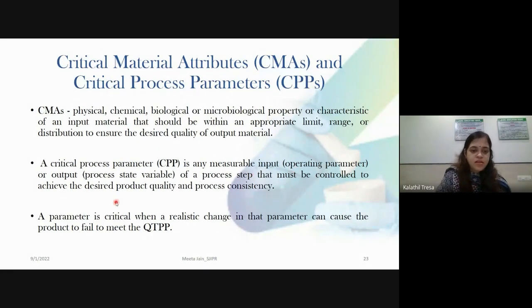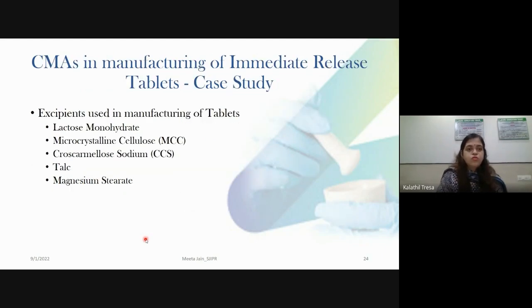So a parameter is critical when a realistic change in that parameter can cause the product to fail to meet the target profile. Okay. So an example is taking the same case study of immediate release tablets, for which we have developed the target profile and identified the CQAs.